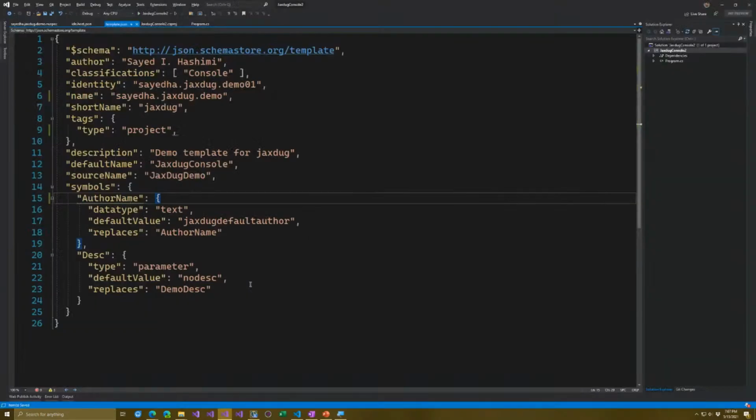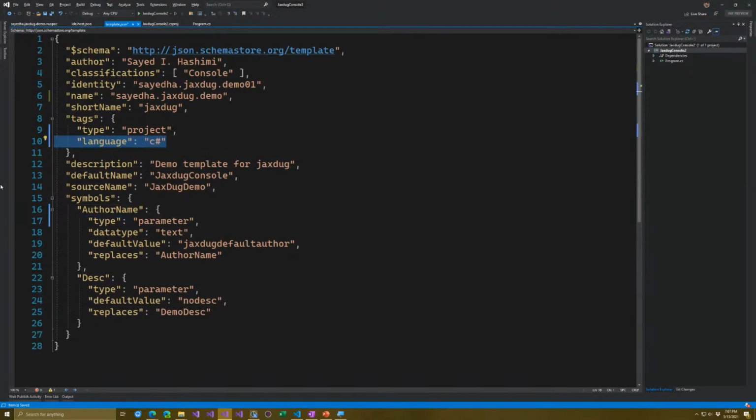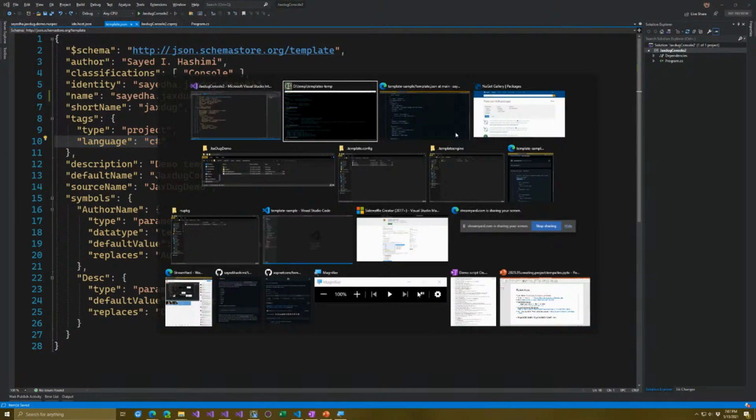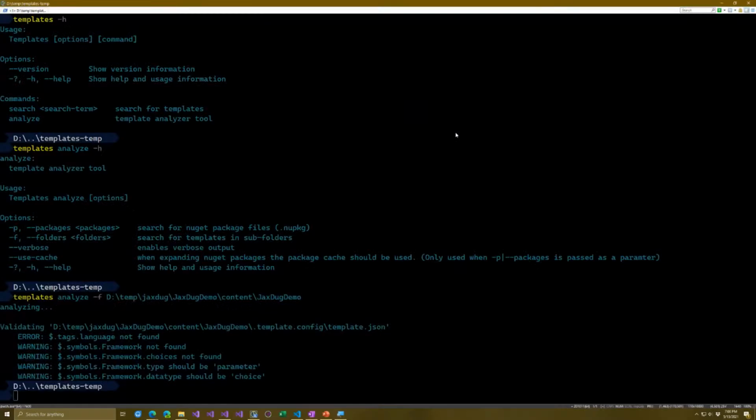So let me go back and undo those changes that I made. All right. So we're back to square one. And it checks a whole bunch of other stuff too. And all that stuff about what it checks is on the repository as well. All right. So now if there's no other questions on